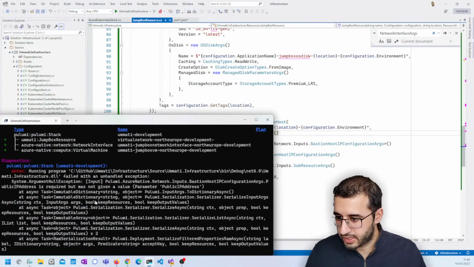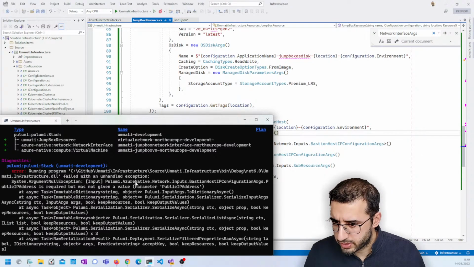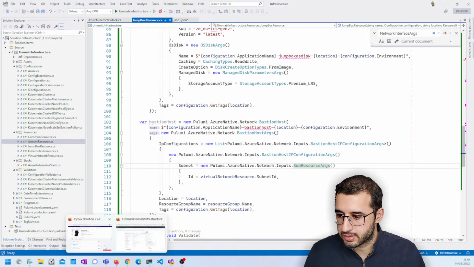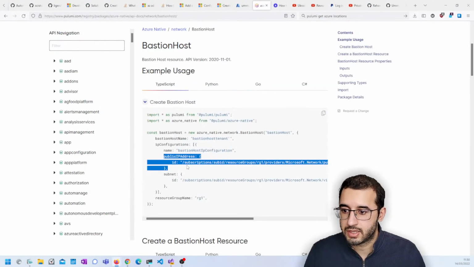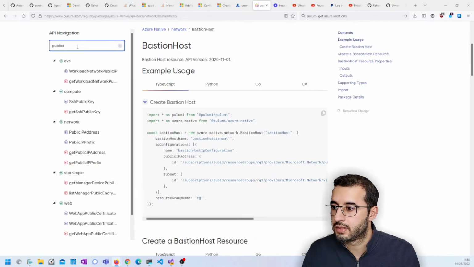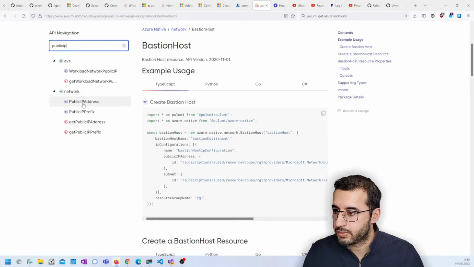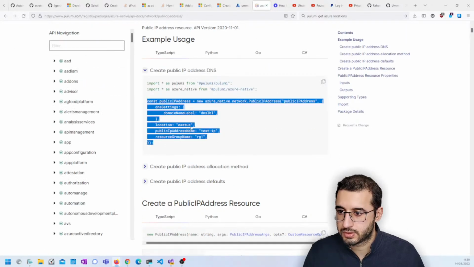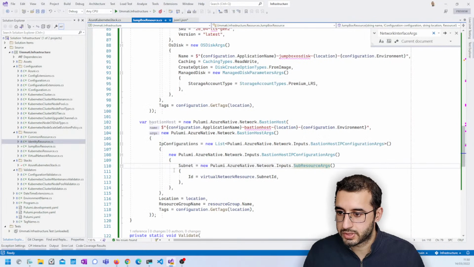So this failed again. This time we got BastionHostIPConfigurationArgs: Public IP address is required but was not given a value. Okay, so we need a public IP address. Interesting. All right. If we go back here, public IP address, we need to create a network PublicIPAddress. We'll create one of those, and we'll stick